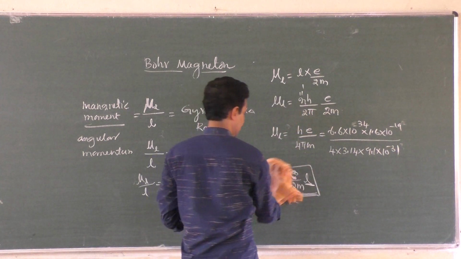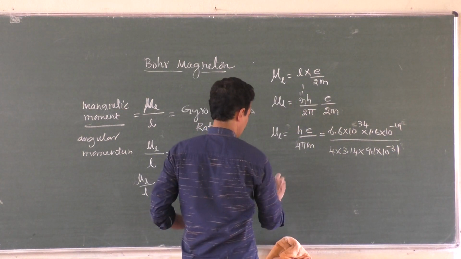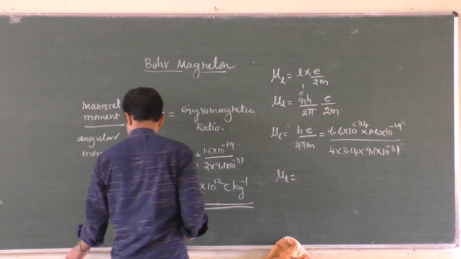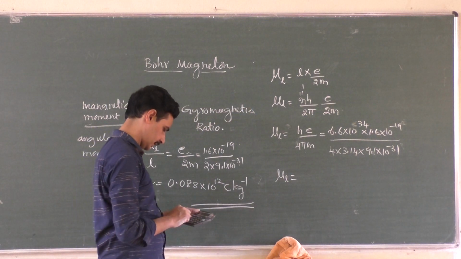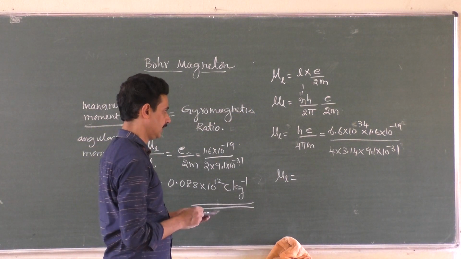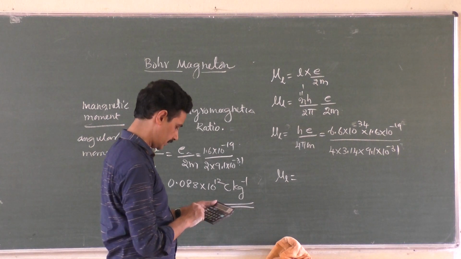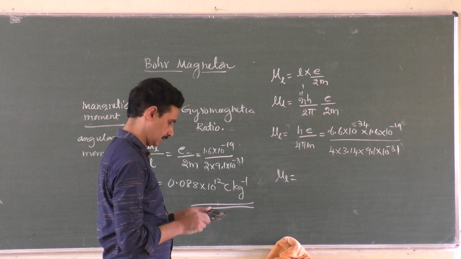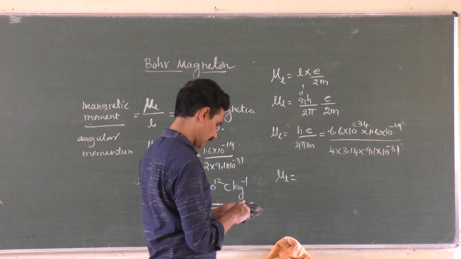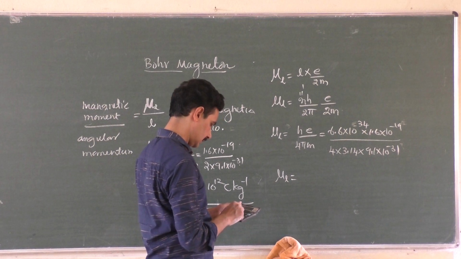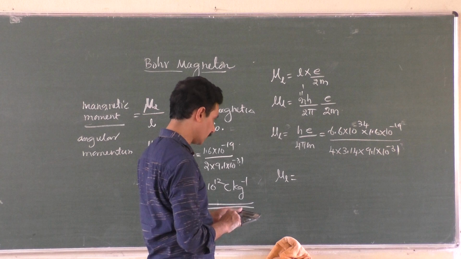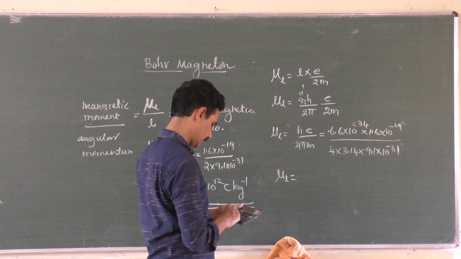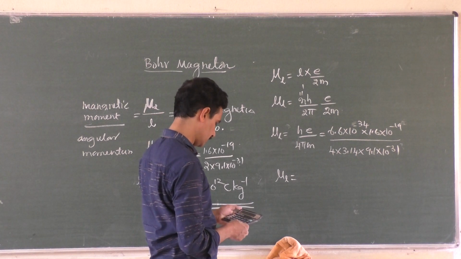Find out the value. This is called Bohr Magneton, and its value is 6.6 into 1.6, you can check it, divided by 4, divided by 3.14 and divided by 9.1. That comes to